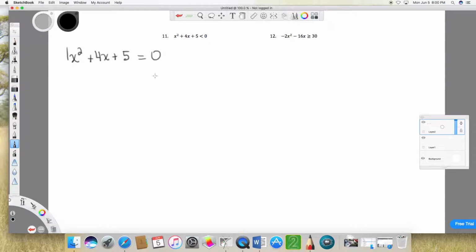So let's use the quadratic formula to see if there is a solution to this equation. I'll start by finding the discriminant first, b squared minus 4ac. B squared is 4 squared, which is 16, minus 4 times a, which is 1, times 5, and that's a negative 4. So we do see that there is no real solution